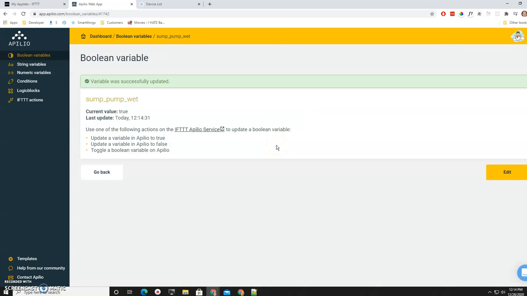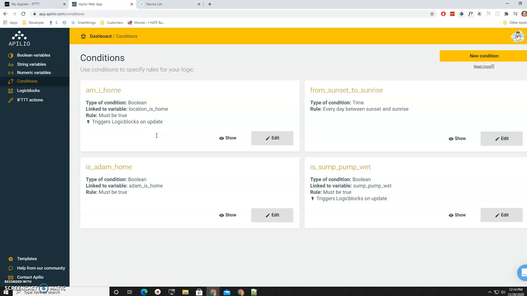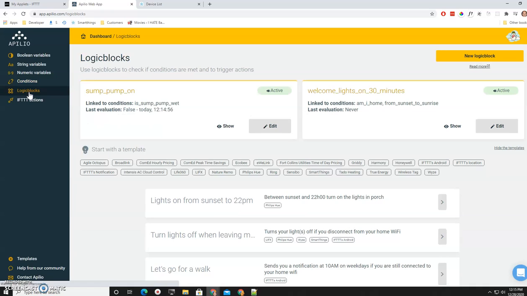So just to follow the process through again, the IF would have changed this when it heard from SmartThings that moisture was detected. Based on that IF trigger, it would have set this to true, which would have then caused this condition to also be true, the is sump pump wet. So that rule, is sump pump wet, must be true. So that would have executed, and when that executed, it would have triggered the logic blocks to execute. It would have triggered this one, which would have